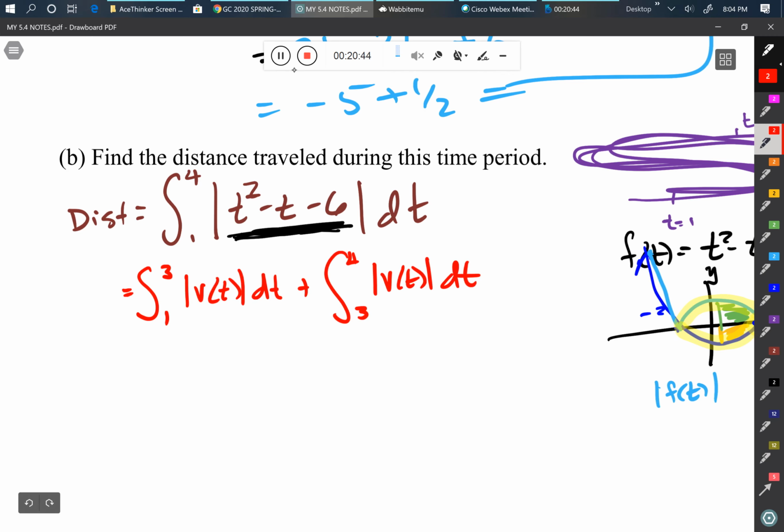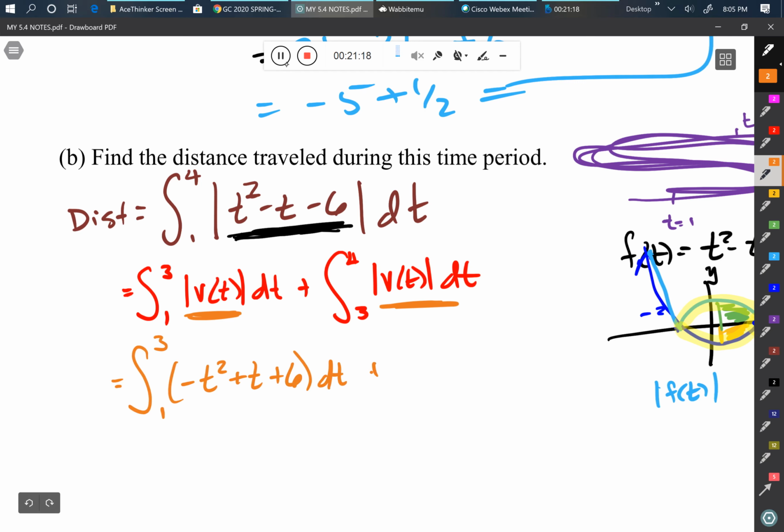dt. Now from the graph and our advanced knowledge of algebra, we know that this piece right here doesn't need the absolute values because the function is already positive. While this piece does need the absolute values because since the function was negative, we need the absolute values to make it positive. So then this problem is going to turn into the integral from 1 to 3 of negative t squared plus t plus 6 dt plus the integral from 3 to 4 of t squared minus t minus 6